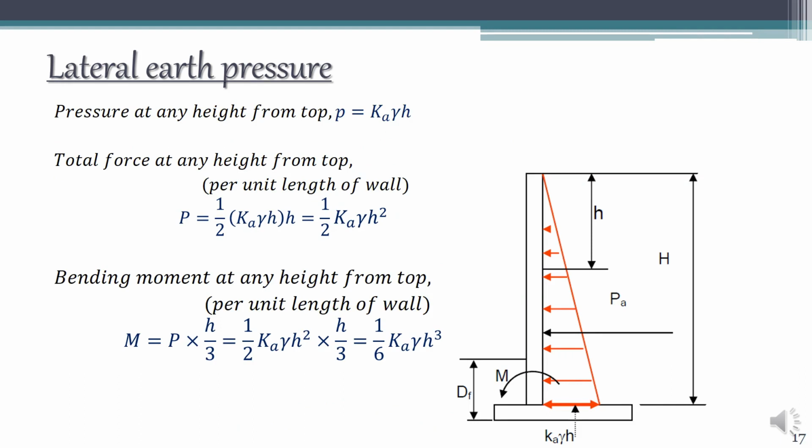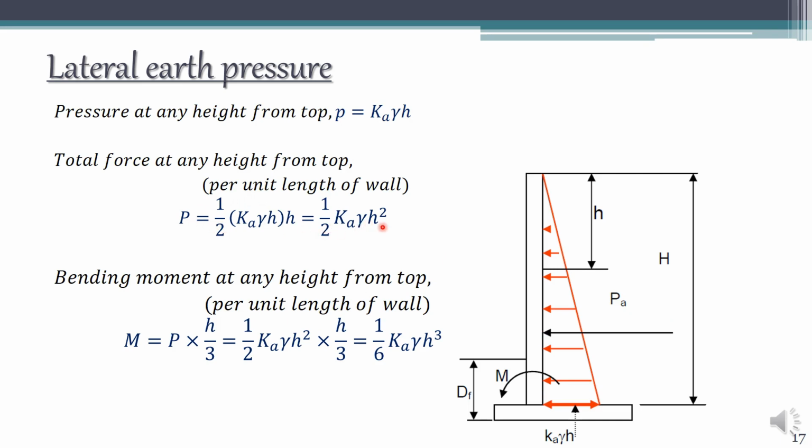Let's see the earth pressure diagram. The earth pressure diagram is similar to a hydrostatic pressure distribution, wherein you can see zero pressure at the top and it increases linearly up to Ka gamma h. The pressure at any depth is given by Ka into gamma into h, where Ka is the active earth pressure coefficient and gamma is the unit weight of the soil. Once we have a triangular distribution, the total force is given by the area of the triangle, which is half into Ka gamma h into h. So we have total pressure P equal to half Ka gamma h square.